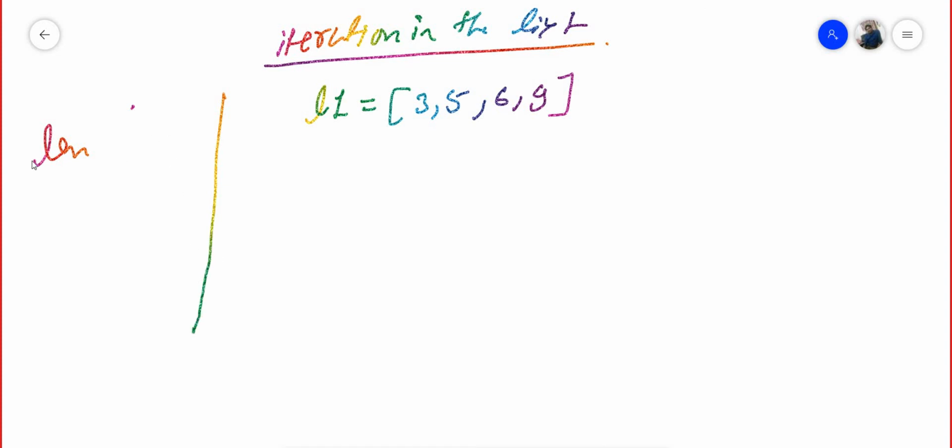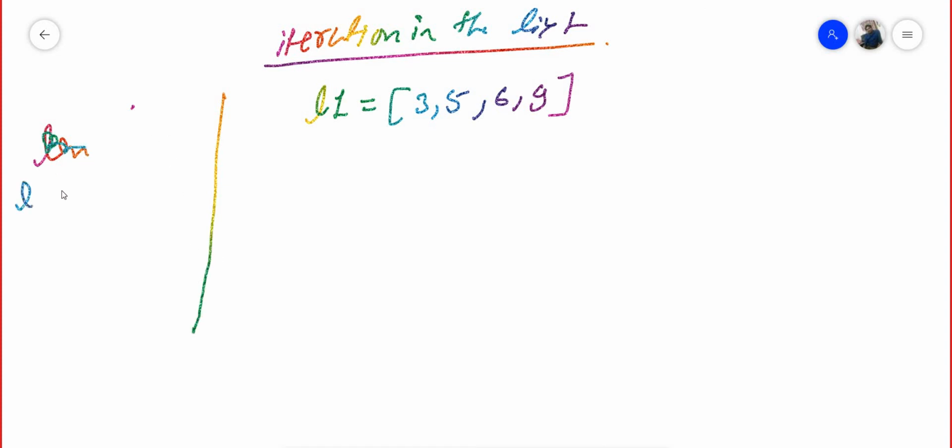Now see, suppose that I have defined one simple list L1 is equal to 3, 5, 6, 9. Length I have told you. If you give length, this is the way you can define count.